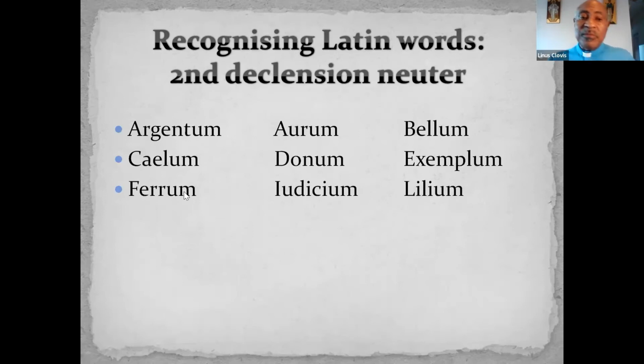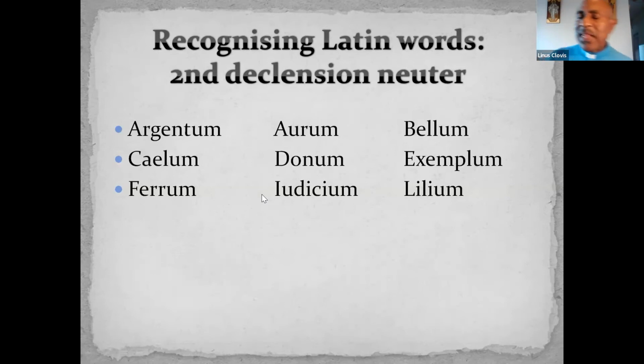Here's our ferrum, which again is like argentum and aurum. So ferrum is iron. Here we have another one. We have an I, a U, I, and I, and I. So we have 1, 2, 3, 4, 5. However, there's a rule we mentioned to remind you. If the word